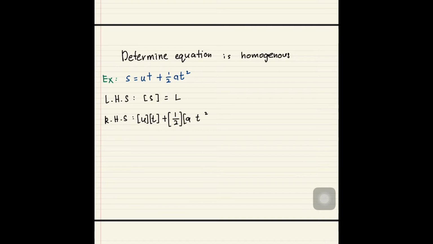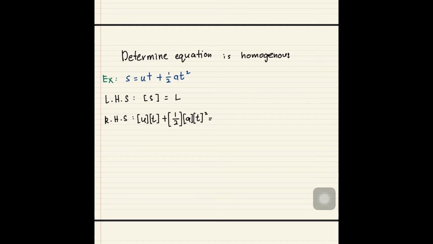Okay, notice that I put square bracket even for the half there, which is a constant. And then notice that I put the square for t squared here, it's outside the square bracket. Okay, this one is equal to